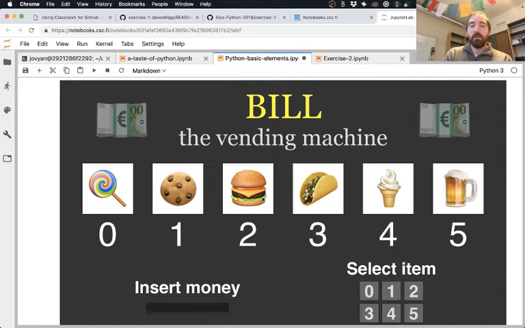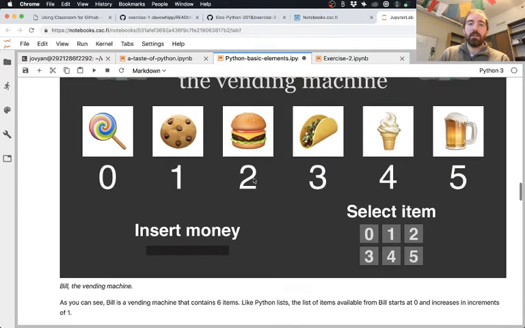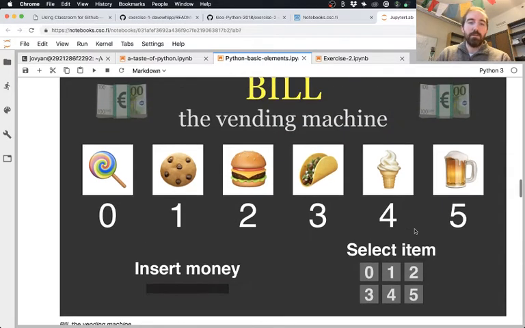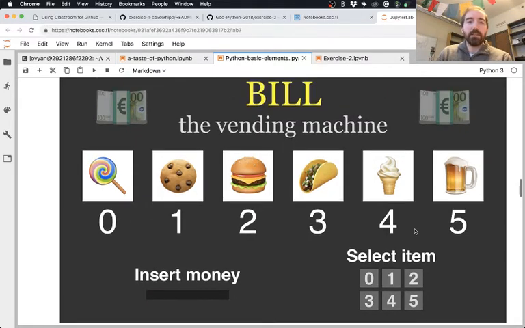That's the item in the list, and the way that you access that item is to use its index. In this case, it's at position number 2 or index number 2, so you put in your money, you push button 2, and with that index, you get back the cheeseburger that drops out of the slot, and then you make a decision at that point about whether you want to risk eating a cheeseburger out of a vending machine. But that's the kind of idea here with this analogy for how lists work.